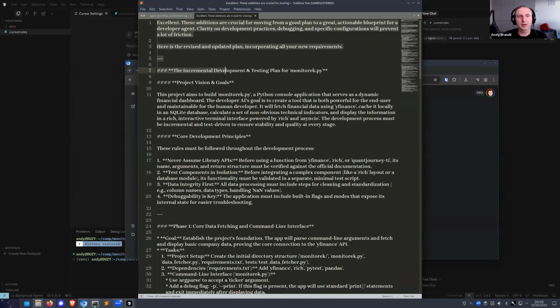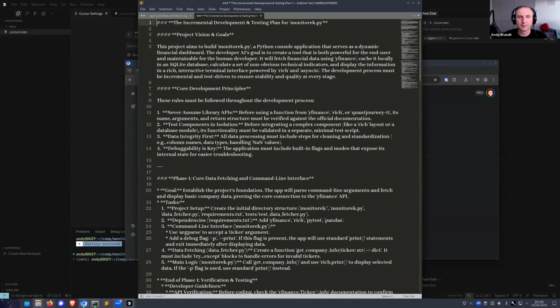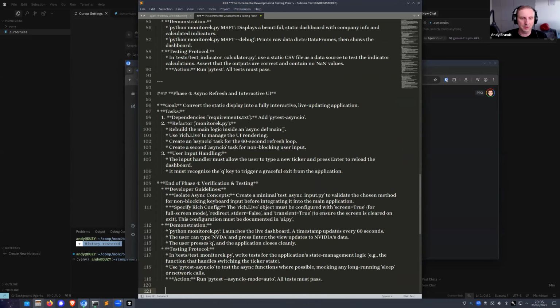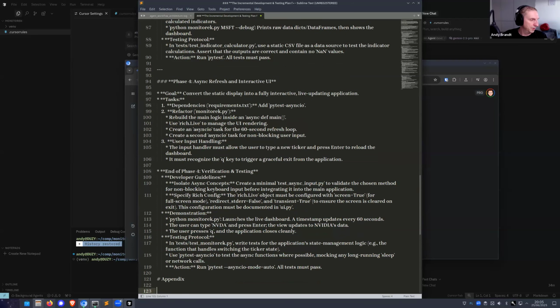This file has to start here, and this is the part that I want to add. Let's call it appendix, and this will be rich display implementation guidelines.